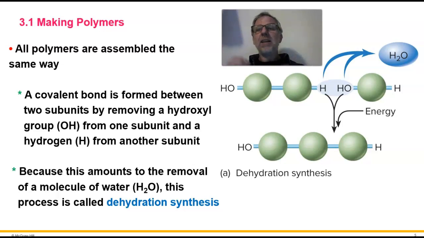Step 2 is those 2 parts link together and form a water molecule. You can see that in the figure. And step 3 is the 2 monomers are then joined together, ka-chink, like linking 2 beads together on a string. Ka-chink, and now you have a slightly bigger molecule. You're building a polymer. And this kind of chemical reaction that's linking monomers by removing a molecule of water is called